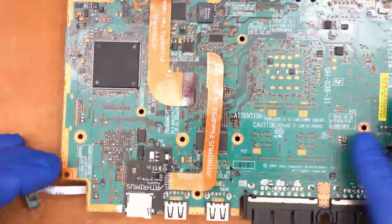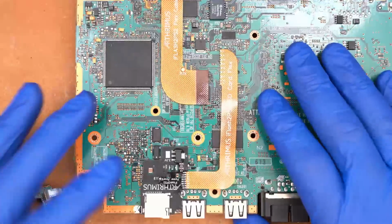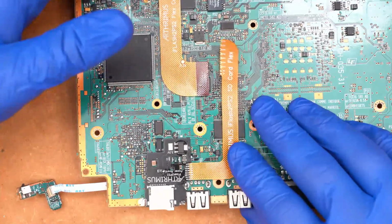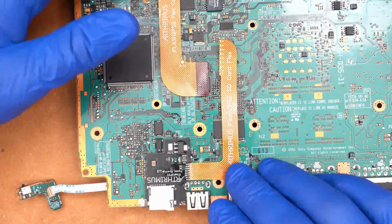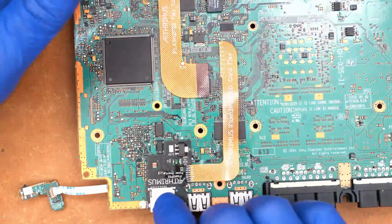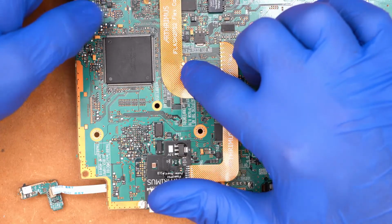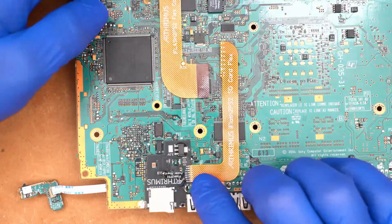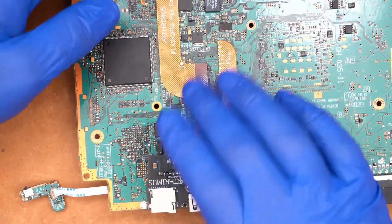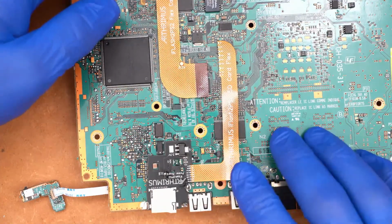So this is what the two flex cables look like installed. Now, on the previous version of the iFlash2PS2 board, I didn't have the extender flex cable, and the way it was wired up, you didn't have a power connection between the iFlash and the power supply board unless you soldered a wire to the 3.3 volt pad here and then soldered a wire to the 3.3 volt pad on the main iFlash flex. The new design actually routes power through the extender cable, so you no longer have to solder a wire between the 3.3 volt pads. I left them there in case there's a scenario where you're not using the SD card